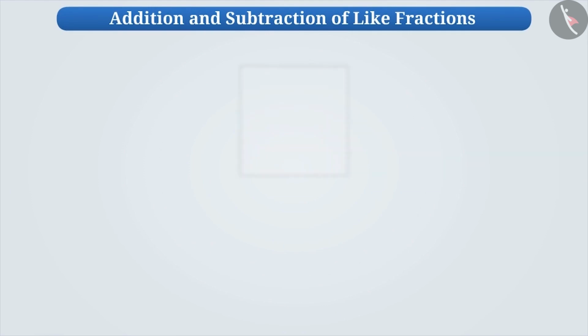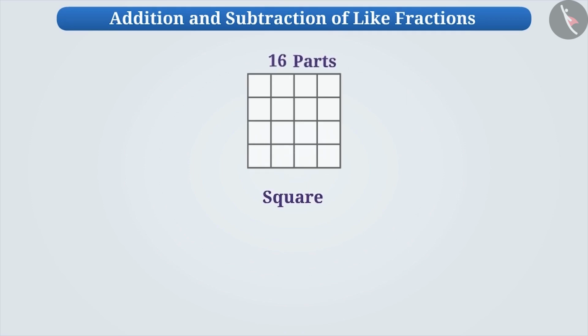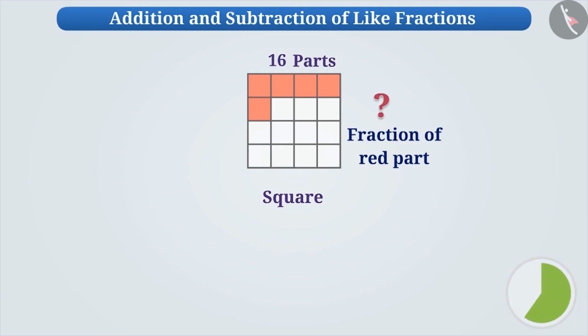Look at this square. We have to divide this square into 16 equal parts. Out of the 16 parts, if we fill red color in 5 parts, then what will be the fraction of red part in the whole square? Think for a while. Absolutely correct. Since 5 out of 16 parts are painted red, the fraction of red part in the whole square